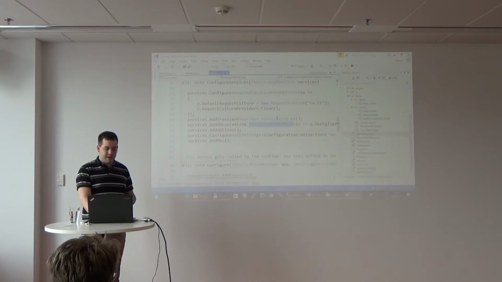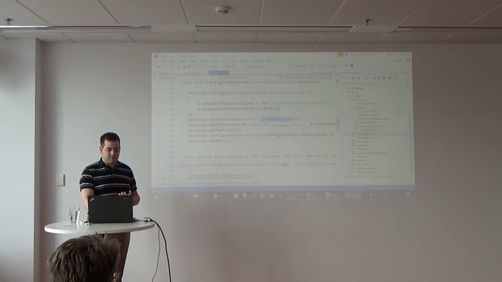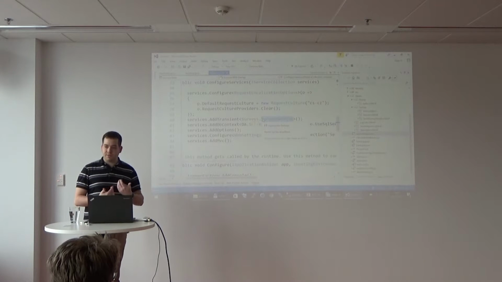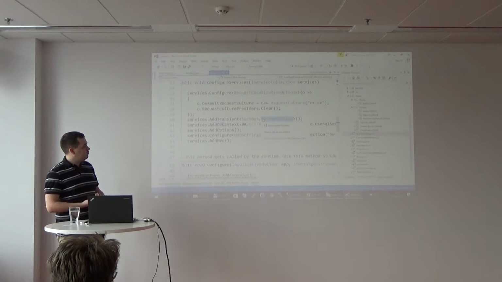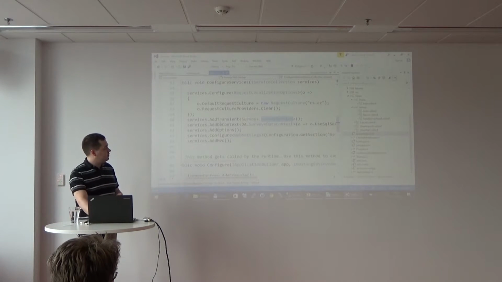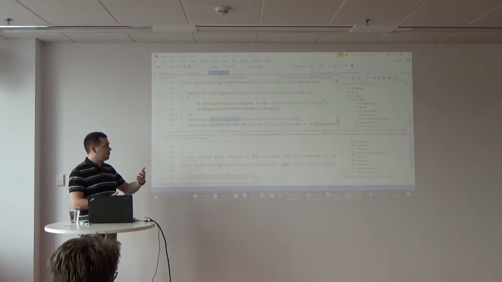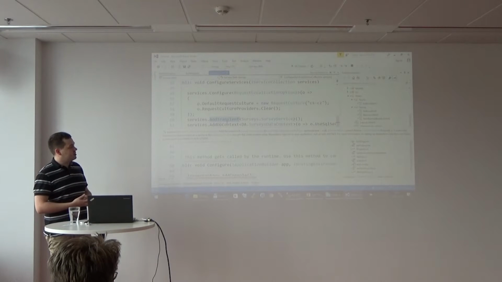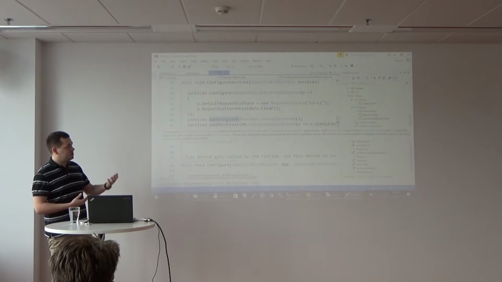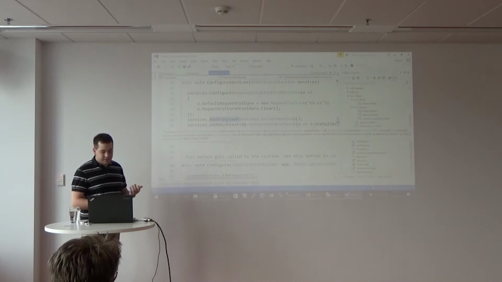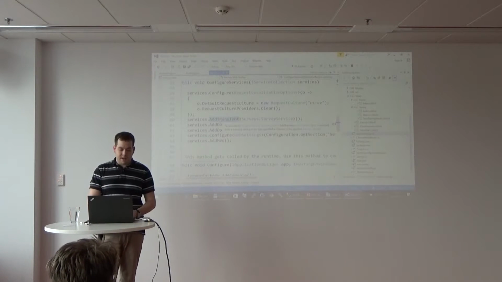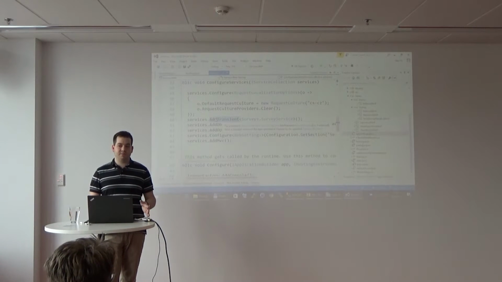And if anyone would like to receive an instance of survey service, a new instance will be created for each request, and to each instance of survey service, the data context will be injected. And that's basically everything you need to set up.